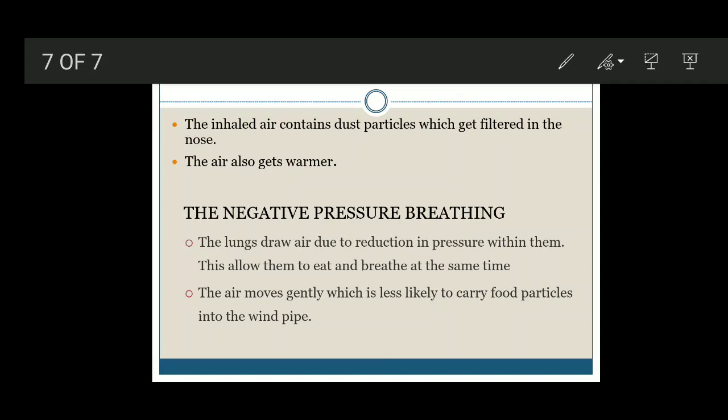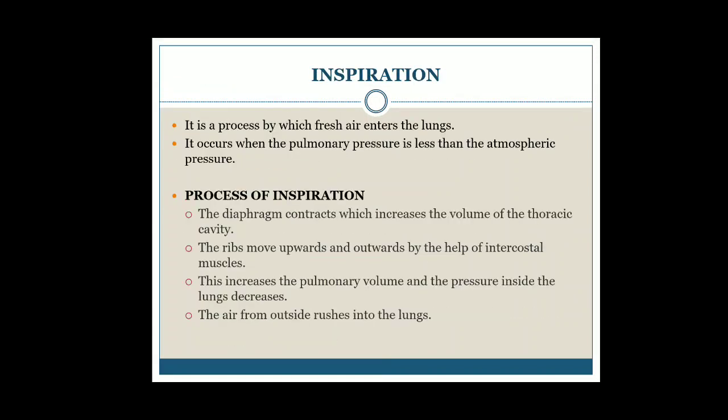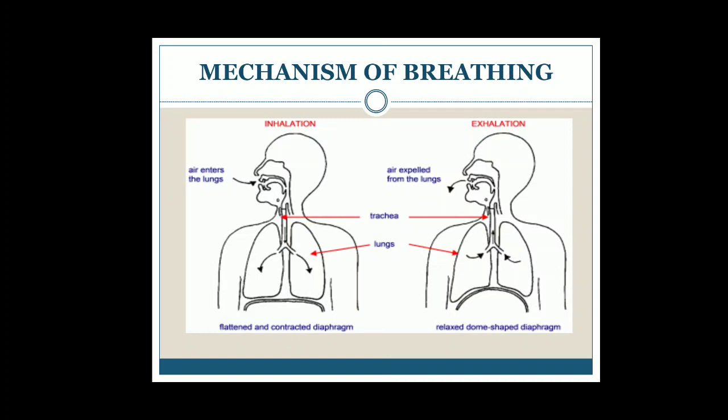I hope that you have understood. Again, let us quickly revise. How does inspiration occur? Inspiration occurs due to, let us go through the diagram. The diaphragm becomes dome shaped. The ribs move upward and outward due to the help of intercostal muscles. Third point, due to this, the chest cavity increases. Fourth point, the pressure of air in the lungs becomes less. And fifth point, that's why the air from atmosphere enters our lungs.